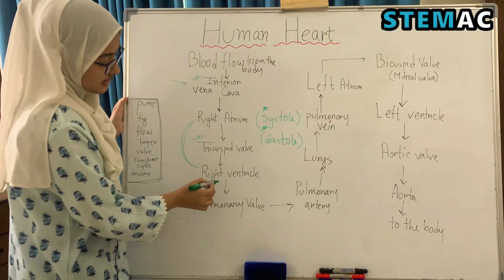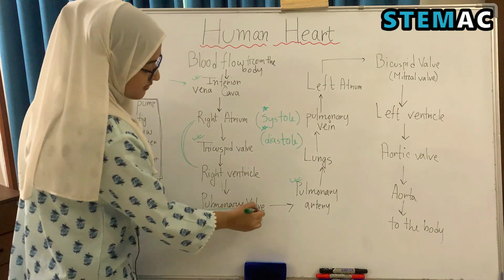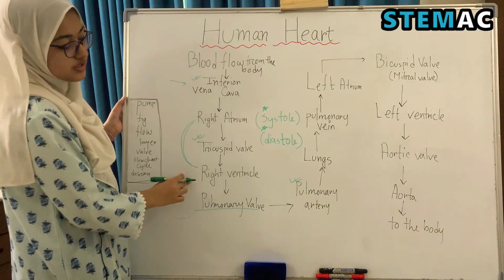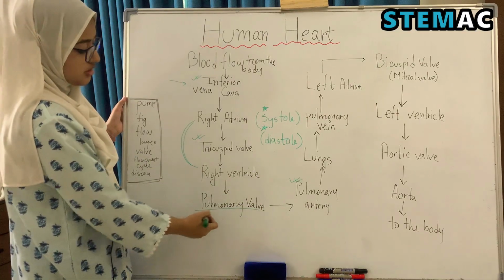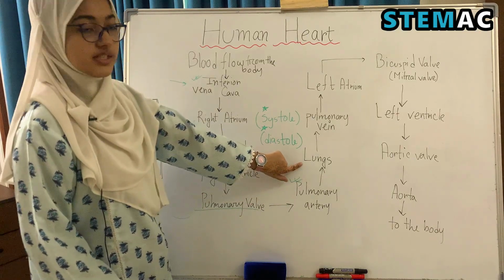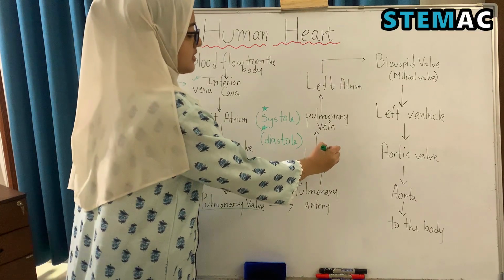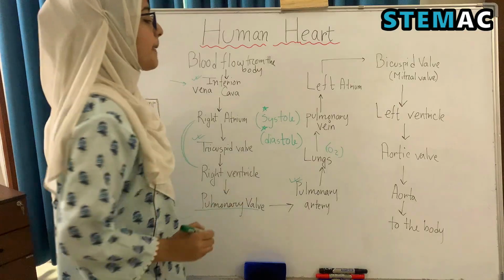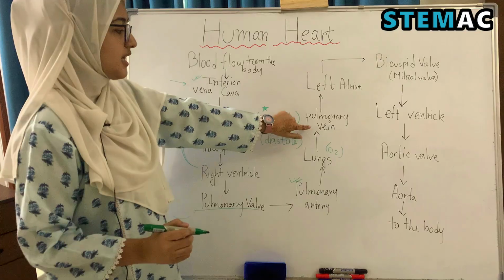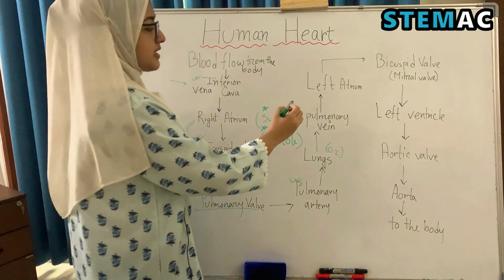Then the blood goes to the pulmonary artery through the pulmonary valve. So the valve that works in the flow from the right ventricle towards the pulmonary artery is called the pulmonary valve. Then through the pulmonary artery the blood goes towards the lungs. After that the oxygenated blood comes towards the heart through the pulmonary vein to the left atrium,